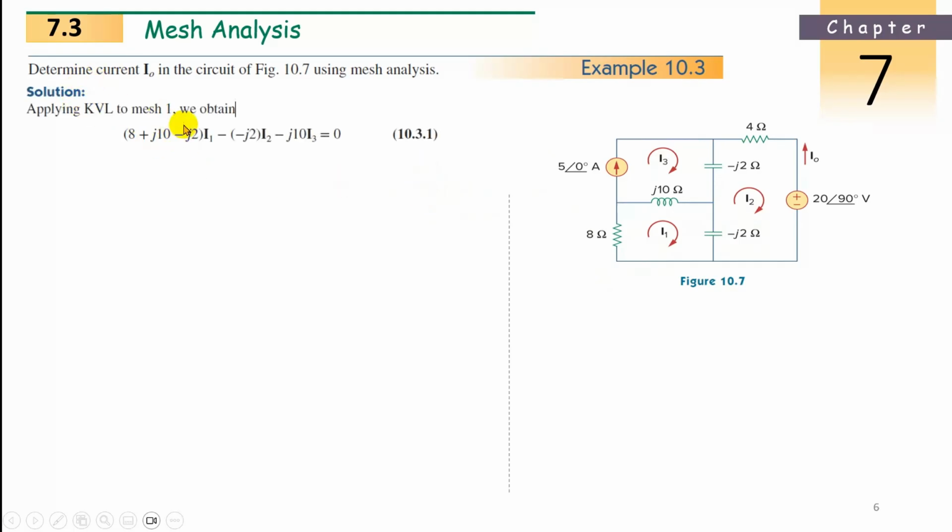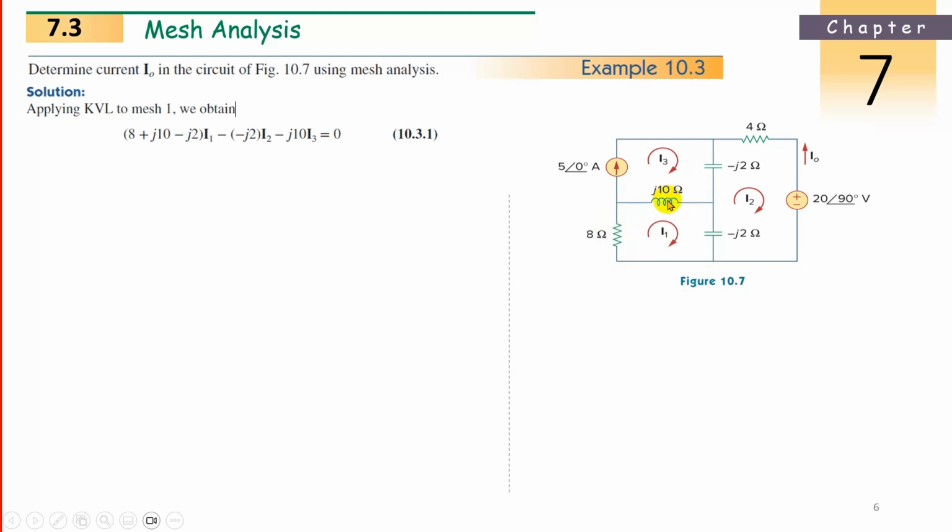Okay, applying KVL to mesh 1. Now see here, in which form it is given? Already these are given in the phasor form. So no need to convert, because 28 at an angle 0 degrees is a phasor form. It's a polar format of a sinusoid. And this one at an angle 0 degrees is also a polar form of a sinusoid, meaning phasor form. Now resistance,